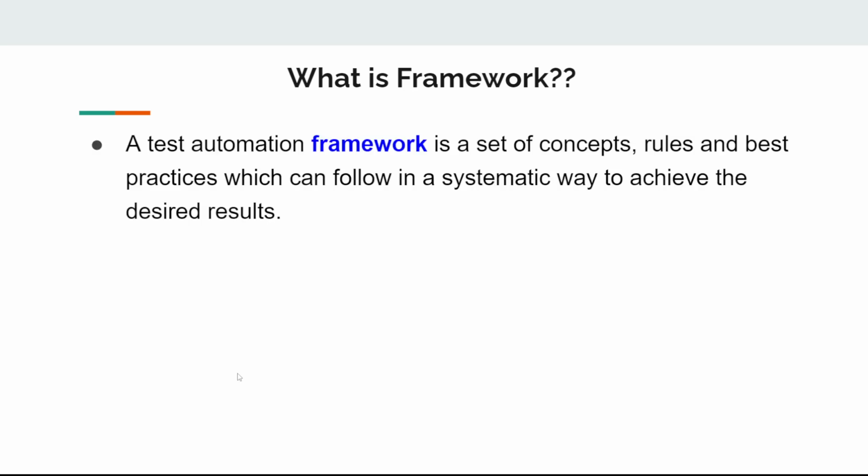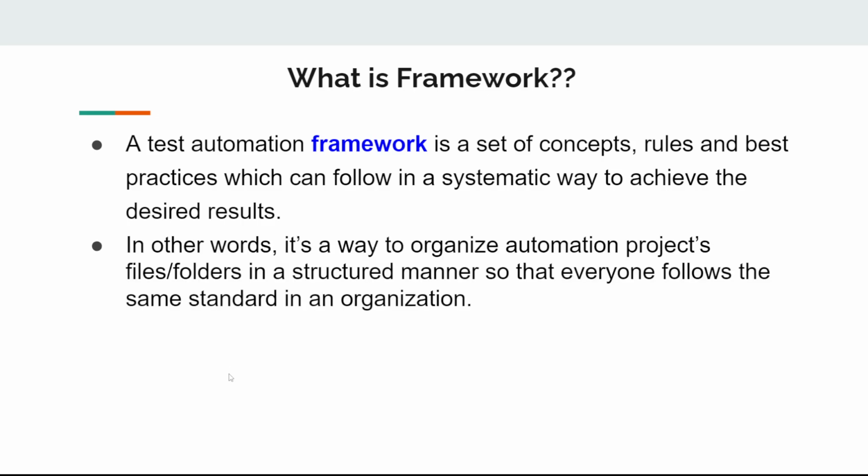A test automation framework is a set of concepts, rules, and best practices which you can follow in a systematic way to achieve the desired result. In other words, it is a way to organize automation project files or folders in a structured manner so that everyone follows the same standard in an organization. Because in an organization,